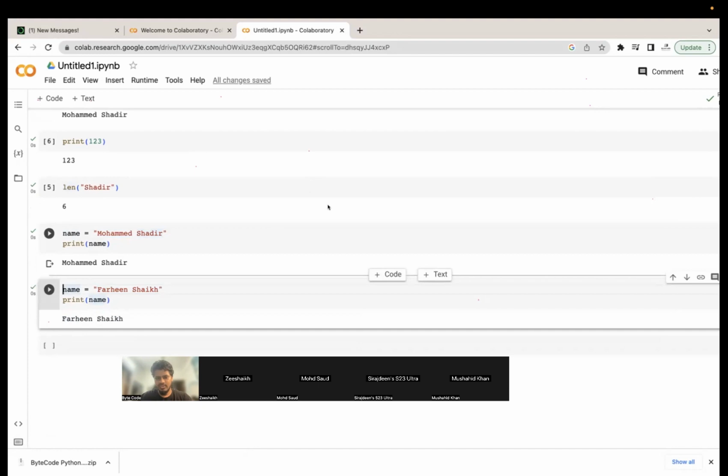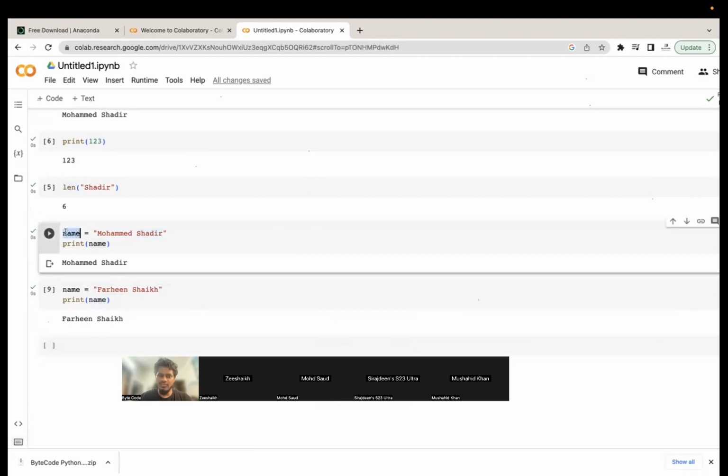Sir, the variable name, when we print it, is it case sensitive? Yeah, it is case sensitive. For example, here I have written everything in small letters.